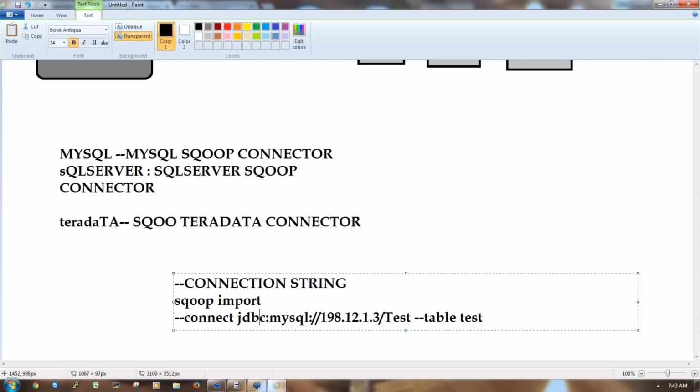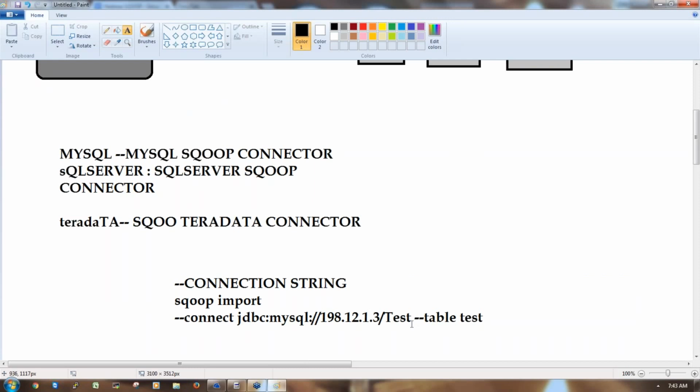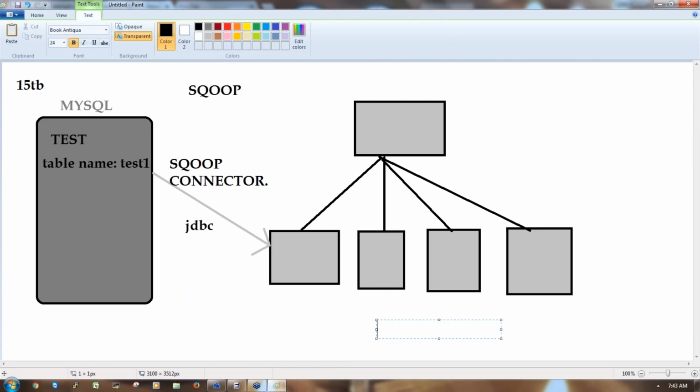That's it. When we run this command, Sqoop creates a directory in HDFS and writes the data to HDFS. So when we establish the connection string to import the data, what will Sqoop do? Here it's important: the directory name. What is the table name in MySQL? The table name becomes the directory name in HDFS.